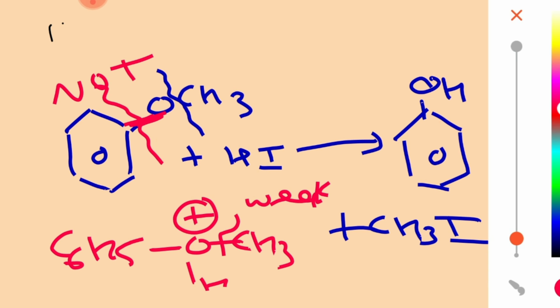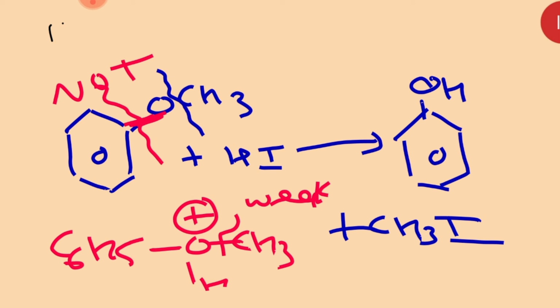But I will tell you what is happening there. Due to this benzene ring, this bond is showing partial double bond character due to resonance. That is why this bond is very difficult to cleave. But the other is only a single bond, so that is why it can be cleaved very easily. Understood my point? All of you getting my point?